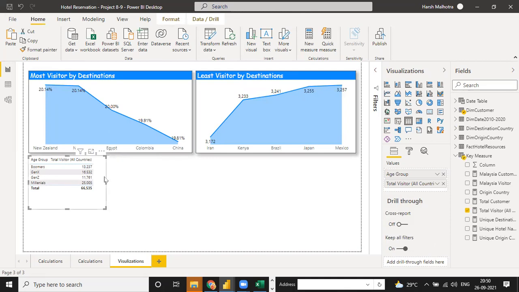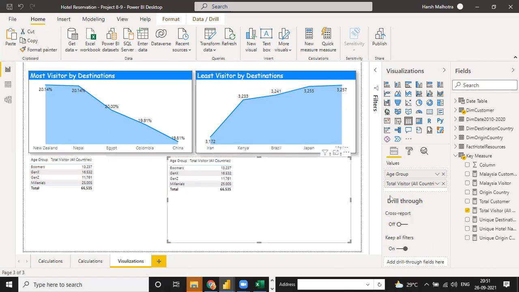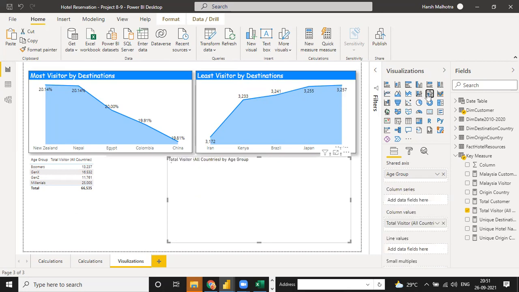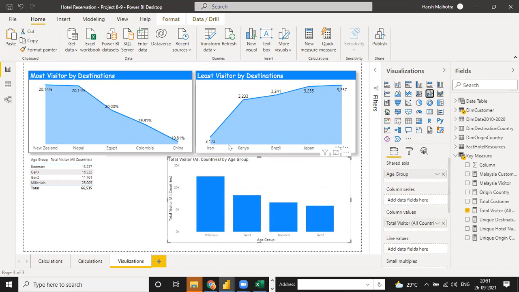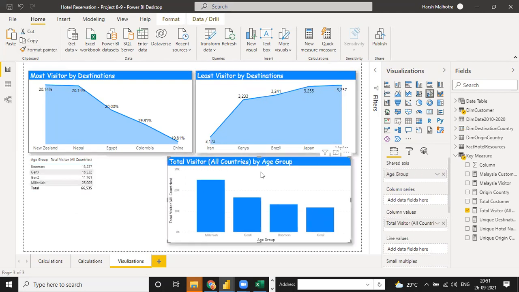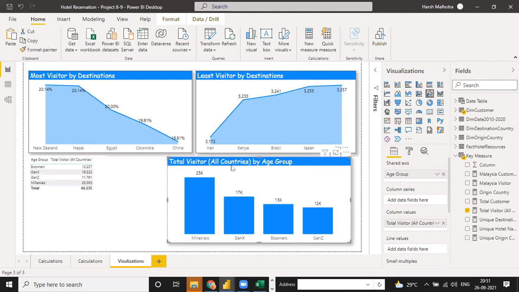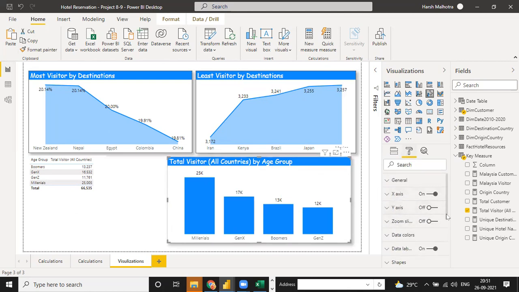Just click on this, copy, and paste it here. Use this one, age wise, click on format, and in formatting, see, total visitor all country by age group, or you can change the title.